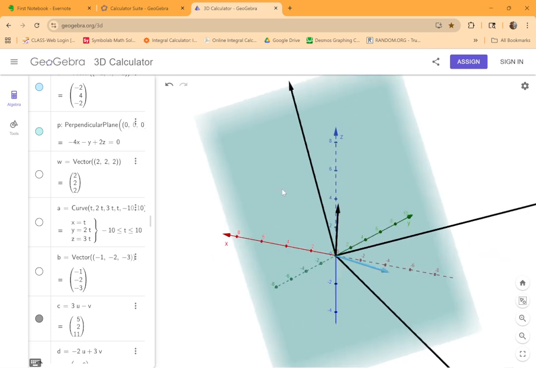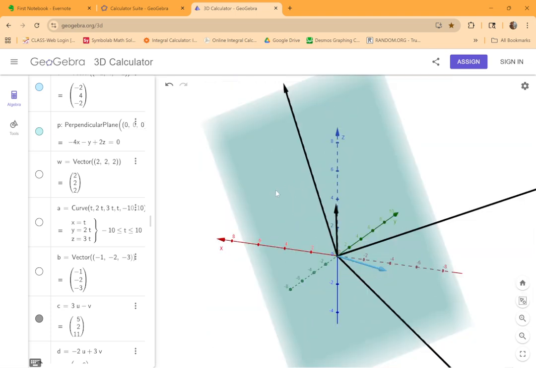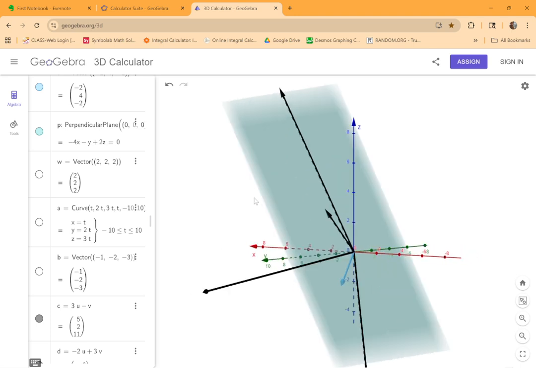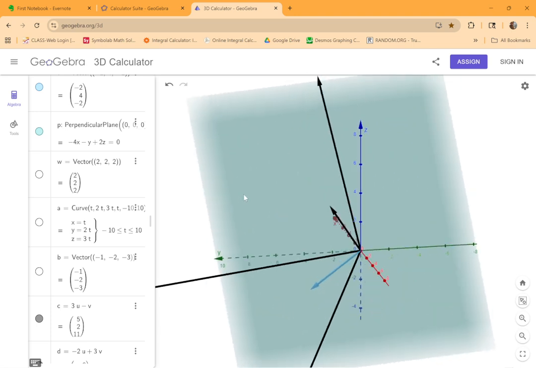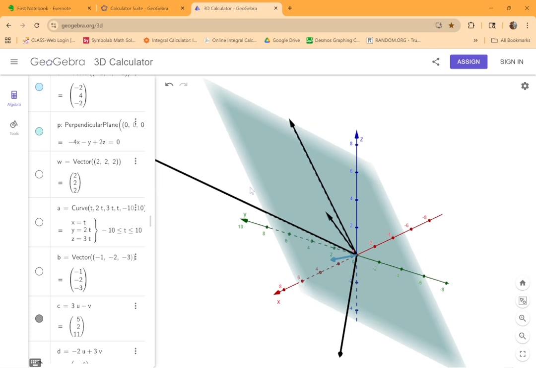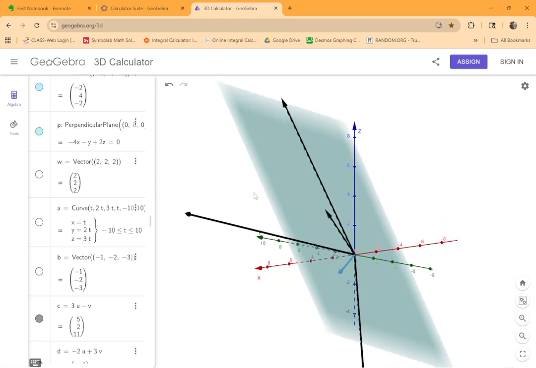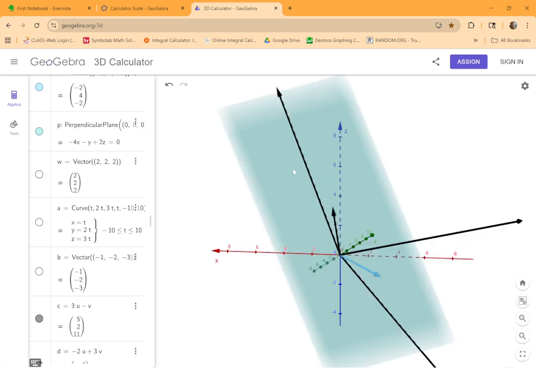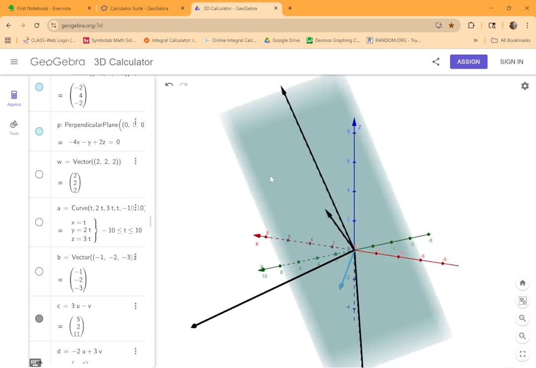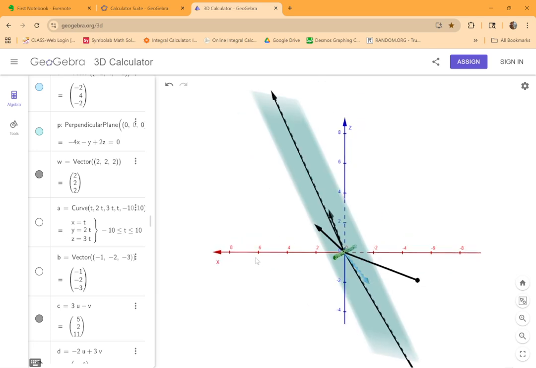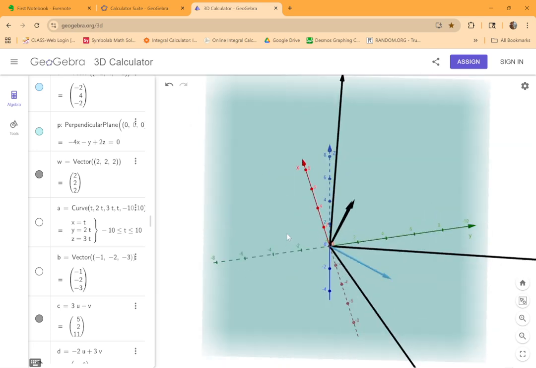Now, if you look here, as you can see, kind of rotating it, each one of those vectors lives inside the plane. And as it turns out, using those vectors u and v, I can generate any vector that lies in that plane. Now not all vectors in R3 do lie in this plane, since a plane is a two-dimensional object here, and R3 is three-dimensional space. As we can see here, there will be vectors